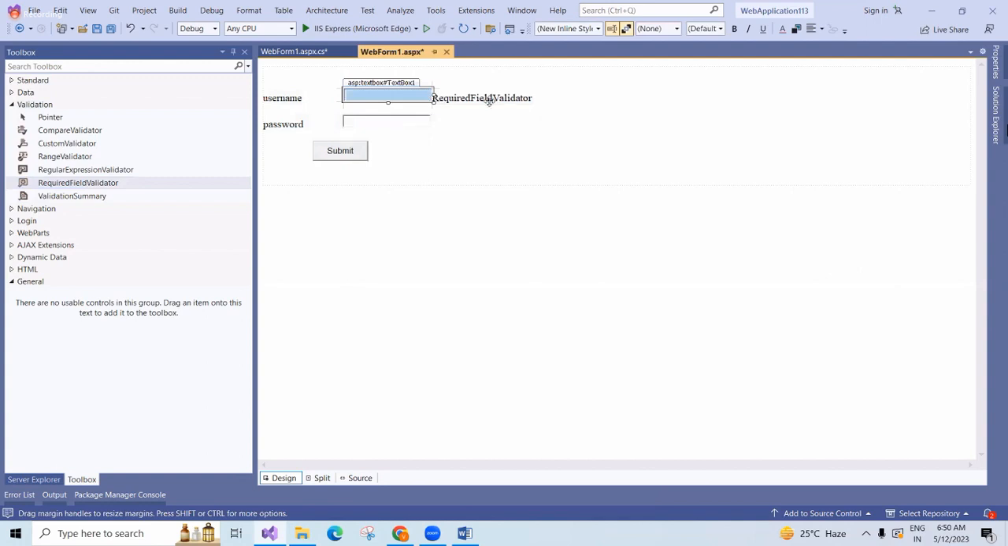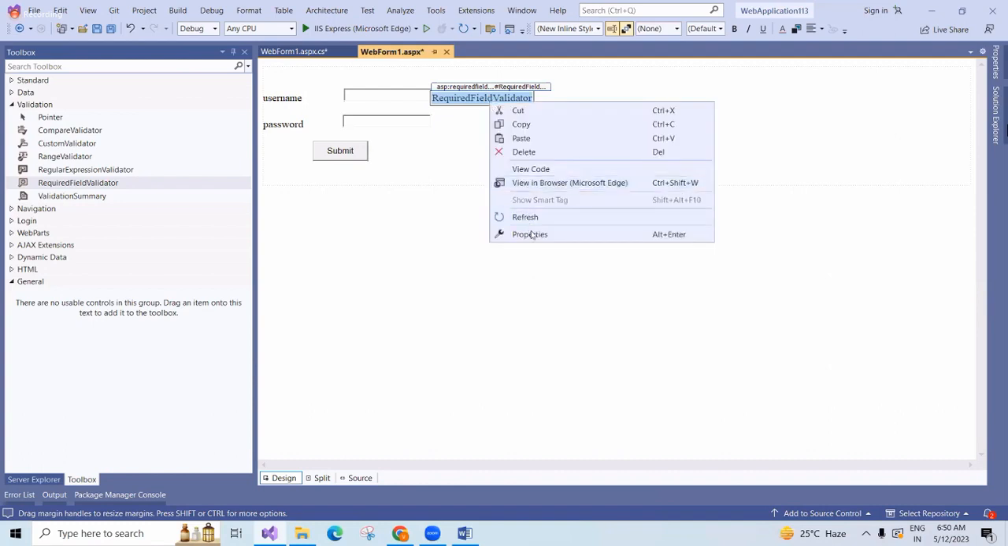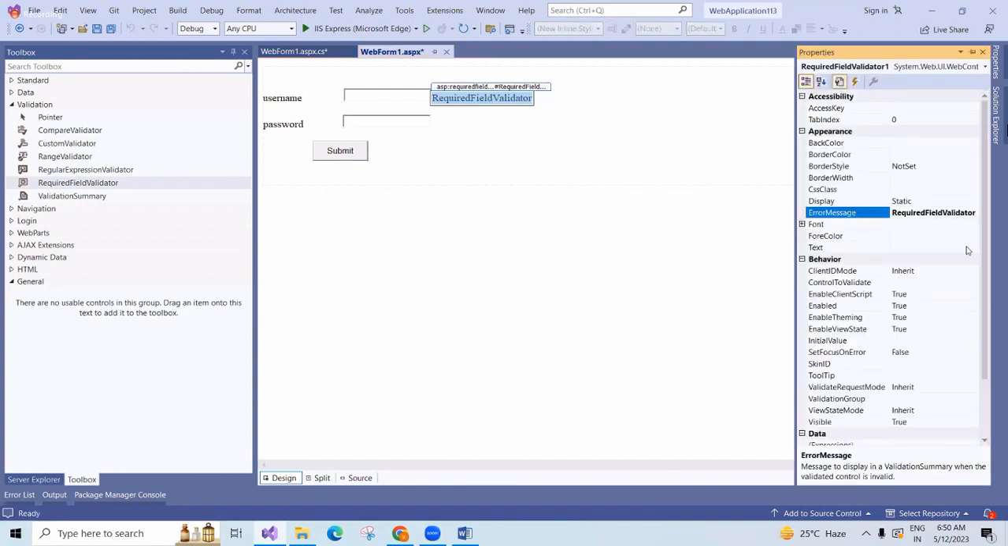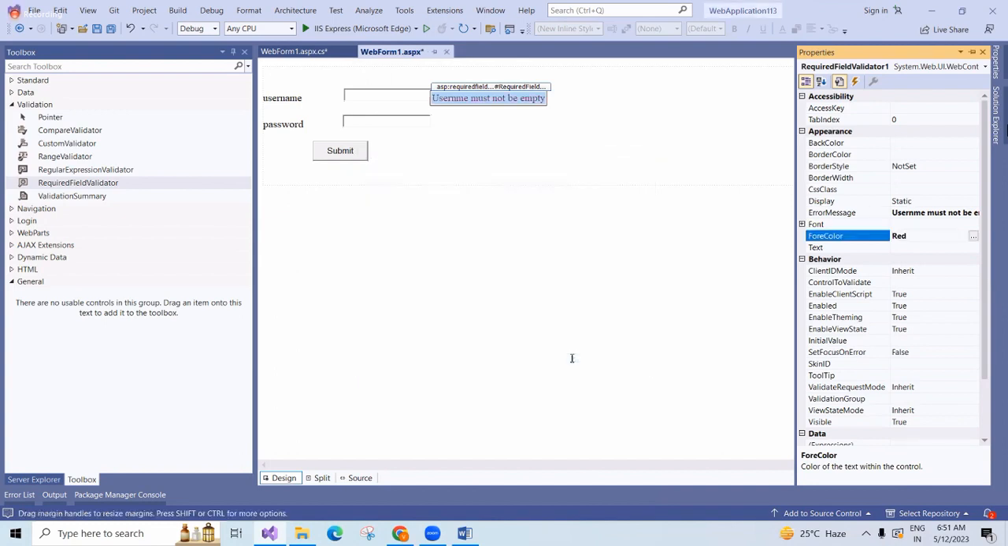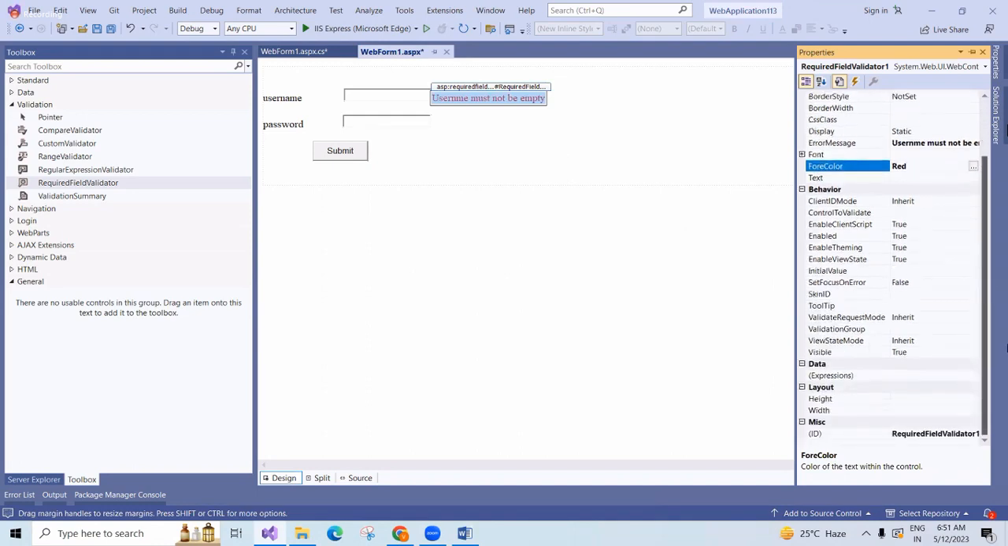Okay. So here we need to remember a few things. What do I mean by a few things? If you right click and open properties, the first important thing is the error message. What error message do you want here? So, "username must not be empty." Done. Okay. If you want to keep a color for it, you can set that. And the most important point, where you will get the most errors, is